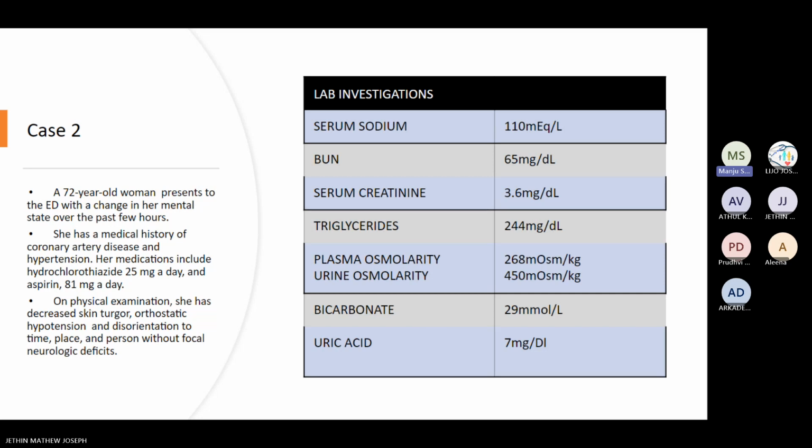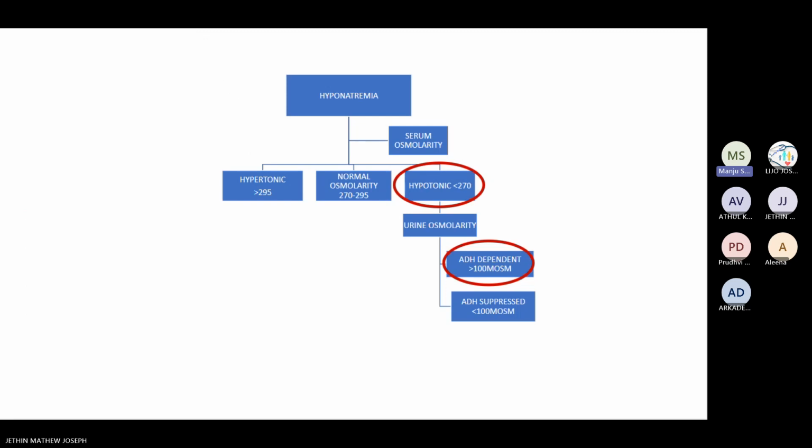So we're going to just assume that this is not an acute renal failure. We have been given details like triglycerides, bicarb, and uric acid. We'll just concentrate on the plasma osmolarity and urine osmolarity here as well. So again, she falls under the category of hypotonic hyponatremia. Again, you can see her urine osmolarity is high, so she again falls in the ADH dependent group, which is what